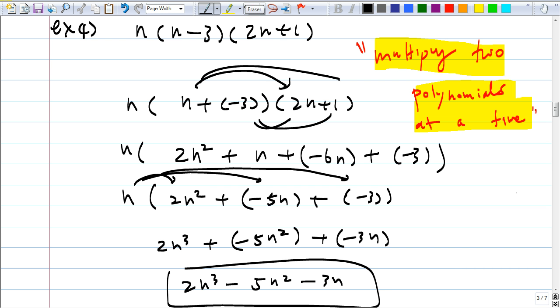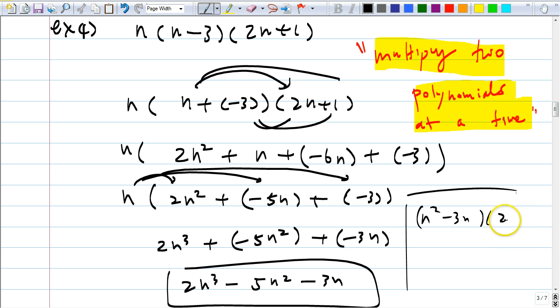Carolyn, question? I still don't get why you can't just distribute. You can. How do you want to do it? Tell me what to write. Like n squared plus negative 3n times 2n plus 1. Can you do that? Yeah, that's totally fine. I said you can multiply any two first. So if you wanted to, yes, you could do n squared minus 3n times